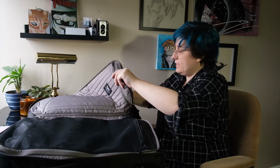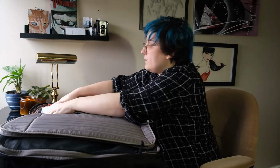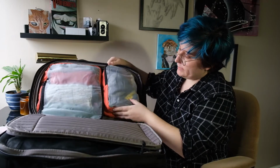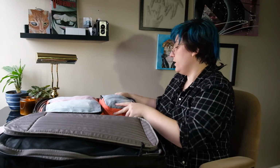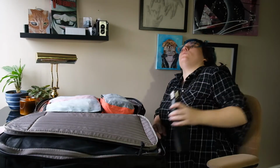And here's the thing, these small ones, I'll show you. The big ones fit the width perfectly. The small ones give you a bit more space. So you have about, looks like 2 inches of space, and then you still have a little bit of room up here to throw some stuff. So if I wanted, oh,